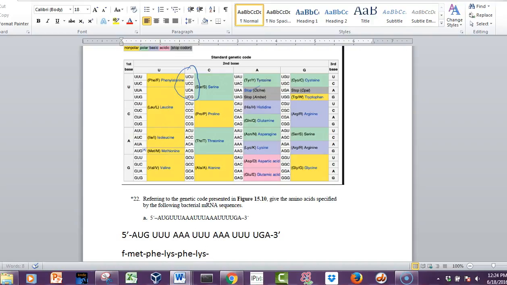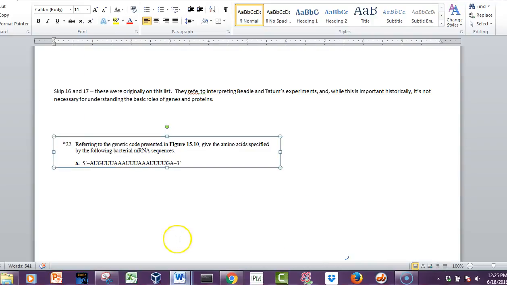And phenylalanine. Now the reason they're using these particular amino acids is that when they figured out the genetic code, they made these RNAs that had just a bunch of U's and a bunch of A's, and that's kind of how they figured out the genetic code. But again, that's a historical thing that I don't think is all that critical. Just be able to use this genetic code. I think a lot of these questions refer to the genetic code.